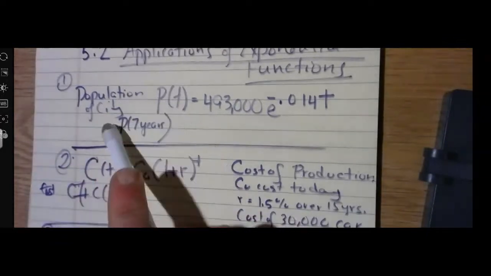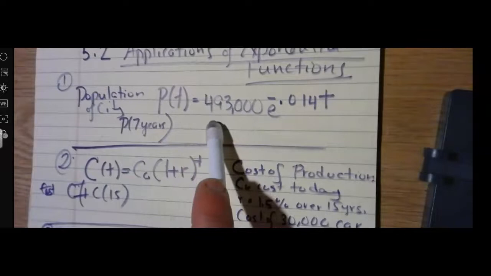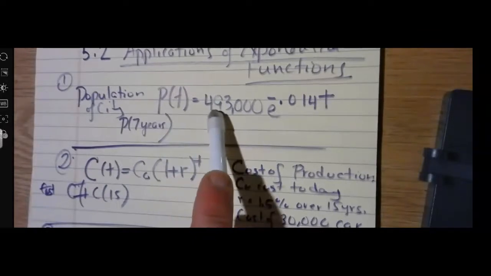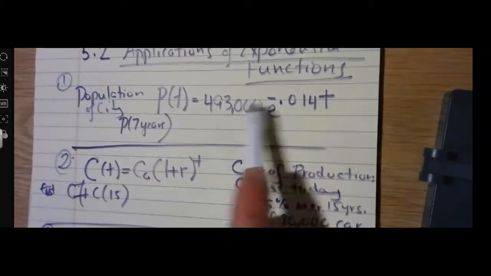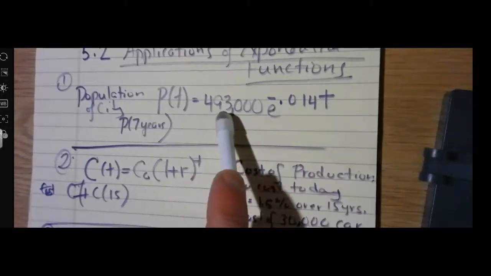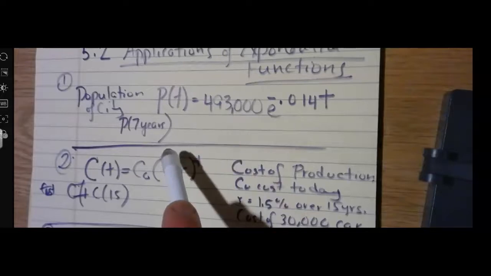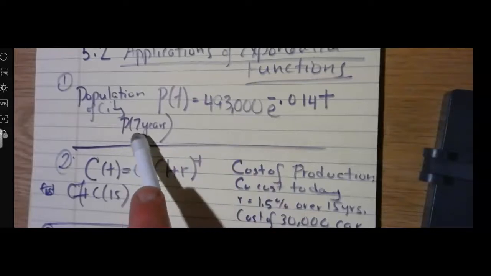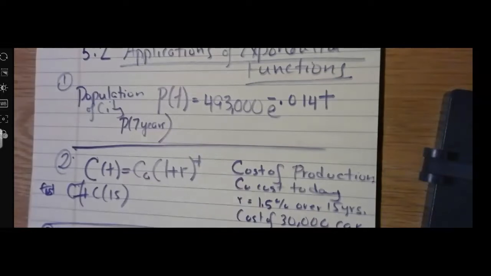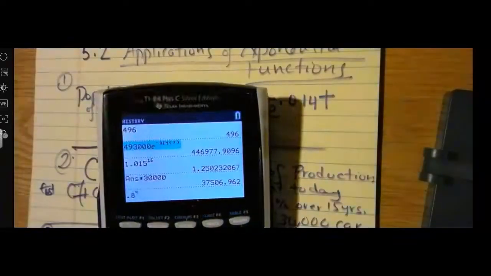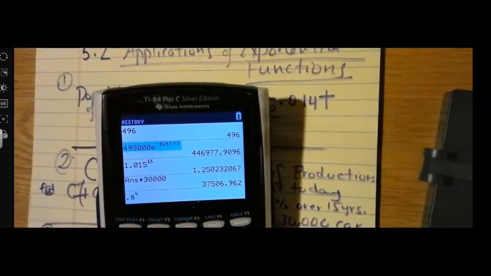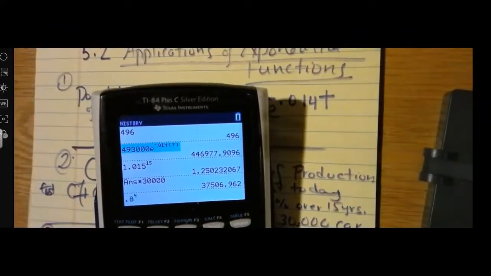So they tell us that the population of a city is modeled by this following formula, where T stands for years and 493,000 starts as the initial value at a certain point in time. And they want to know what the population is going to be in 7 years using this model. So all we have to do is type that into our calculator right there, 493,000 times e, and you just replace the T with the 7, and you get